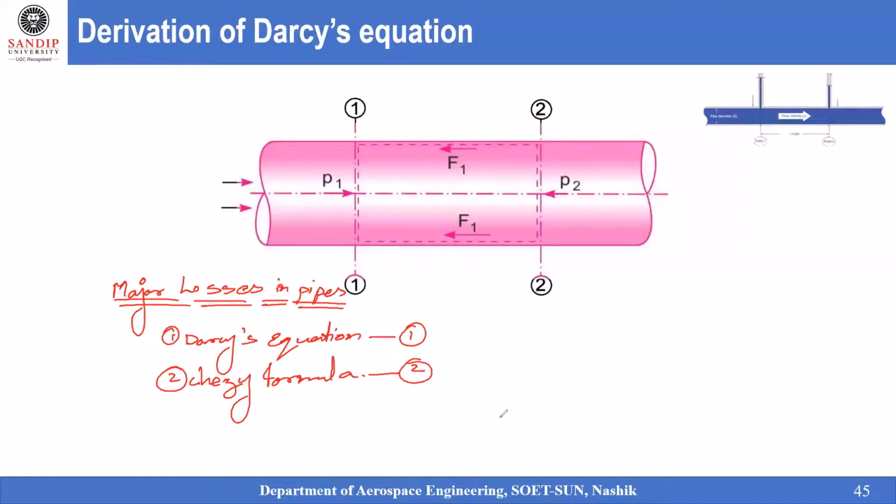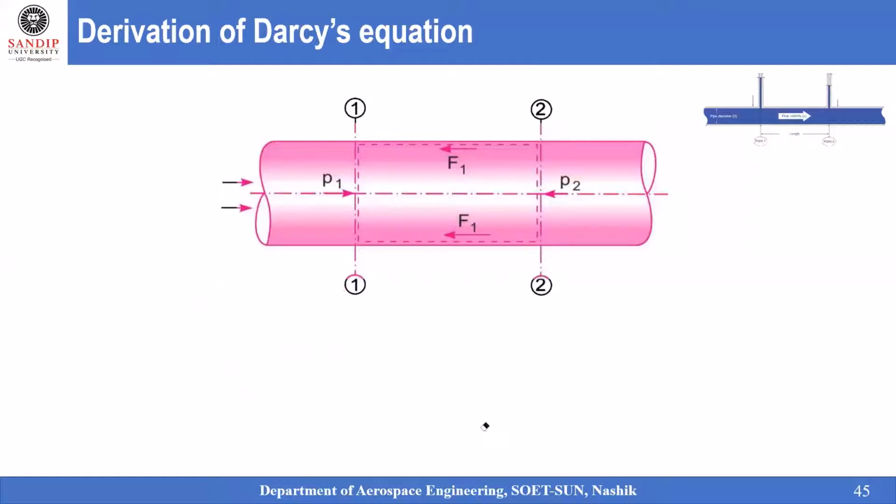In order to derive the equation for the frictional loss in the pipes, that is head loss due to the friction, let us look at the construction we have on screen. Here we have a constant pipe of diameter D. That means there is no cross-sectional change happening. So let us fix that D is the diameter of the pipe.